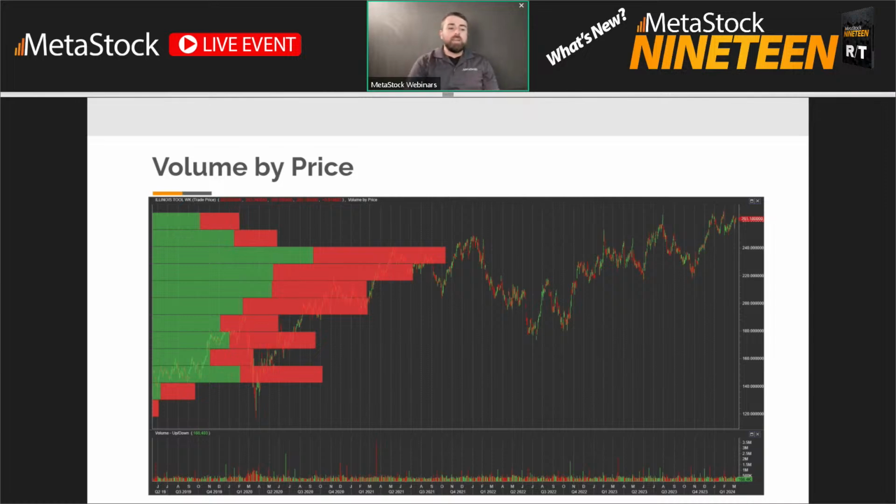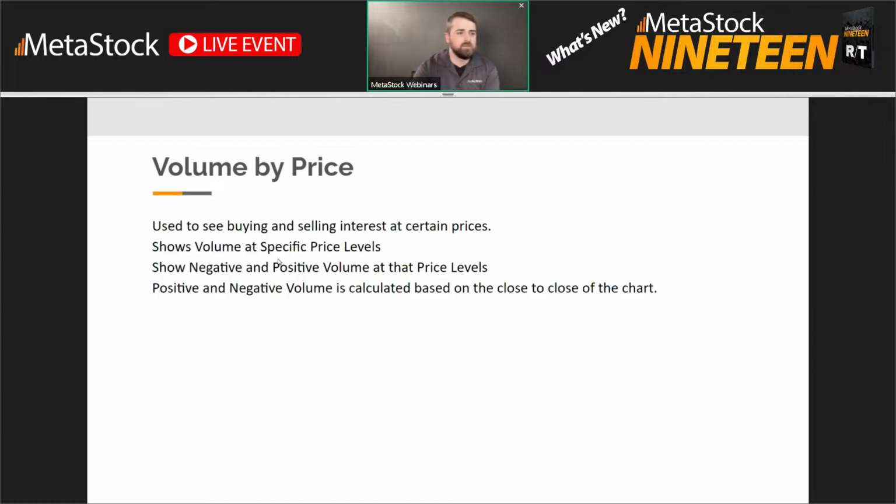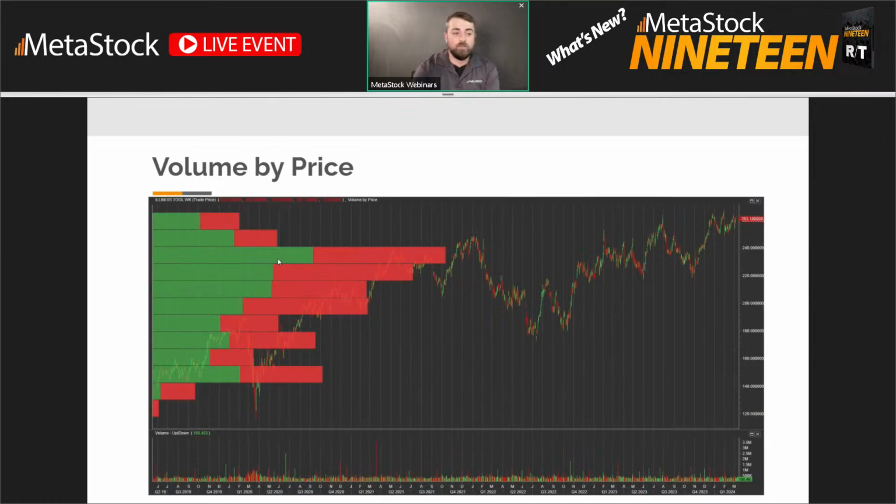Volume by price. All right, this is one of my favorite new indicators and one of my favorite new tools that we've added. So we now have the volume by price, which you can see right here. Basically what it's doing is everything in this height range from the top here and the bottom here, everything that's been in that price amount, so it also includes over to here, it's showing you whether it was positive volume or negative volume coming through for that.